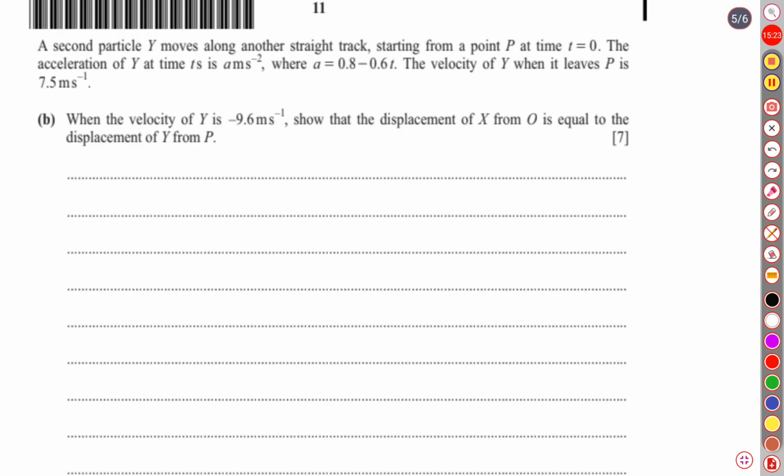So for particle y, the velocity is given but time has not been given. We should find the time, and at that same moment how much was the distance of particle x also. So first of all we'll have to find time, and before finding time we'll have to move back to velocity. They have given the expression for acceleration, so we can write a_y,